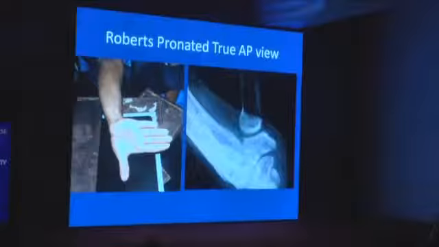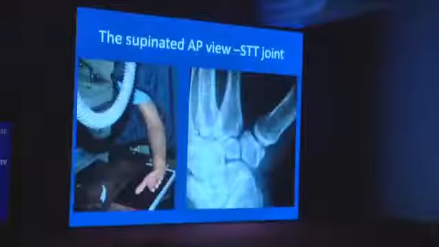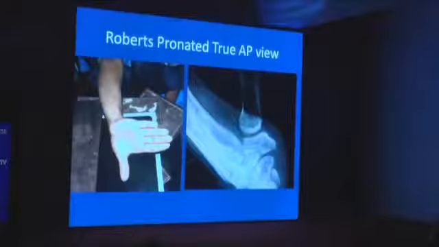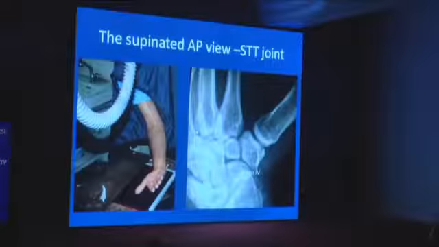If you look at that, you can see the base of the thumb fully clear, but if you're looking for fractures a little more on the ulnar side, or the alignment of the trapezium and the trapezoid and the scaphoid, so if you're looking at the STT joint, then you need the supinated view. If you're looking for something after a partial wrist fusion and things like that, then you need the supinated view. But otherwise, a pronated view will give you a very good imaging of this area.